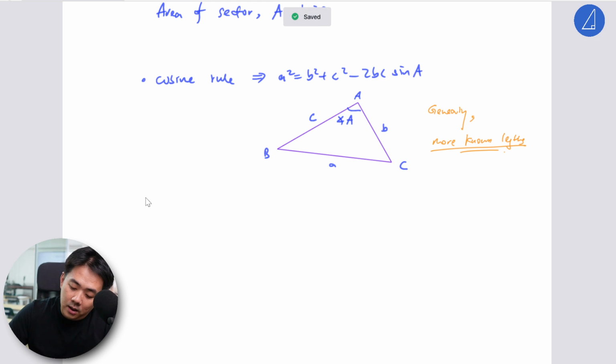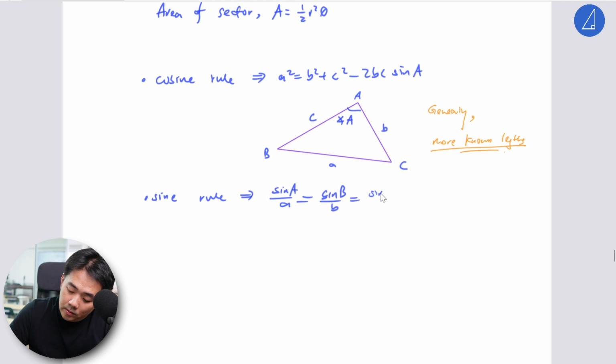Then the other one which most of you remember is the sine rule. Sine rule is just sine A over a, sine B over b, sine C over c. So basically you use it when you have more known angles, you use sine. Okay, so obviously remember all the other